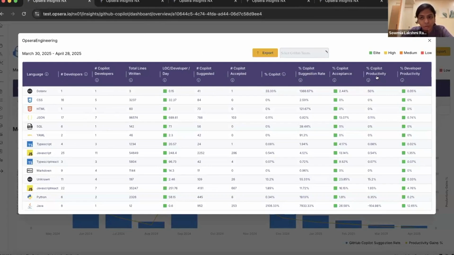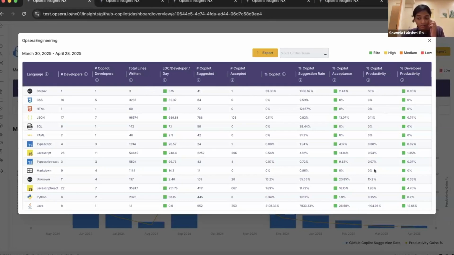And then we come up with the Copilot productivity. So the Copilot productivity that you see here basically compares the lines written by your developers to the lines written or provided by your AI code assistant, your GitHub Copilot in this case. So we look at your overall lines written, and we compare to your Copilot accepted lines, and that's when the Copilot productivity comes.